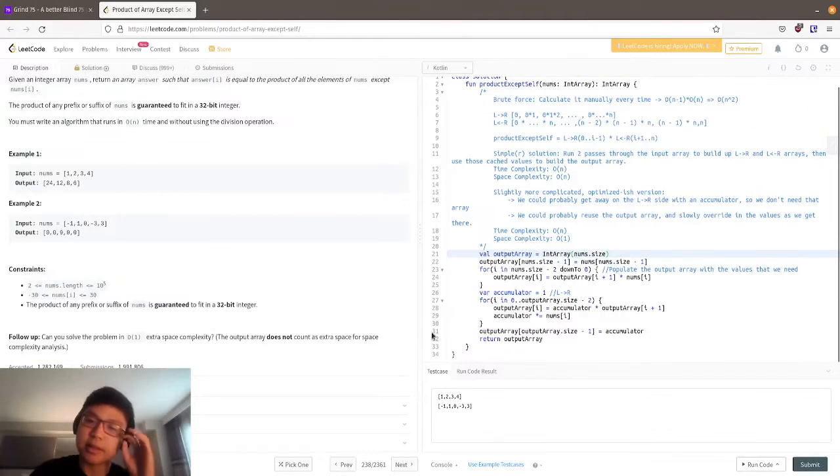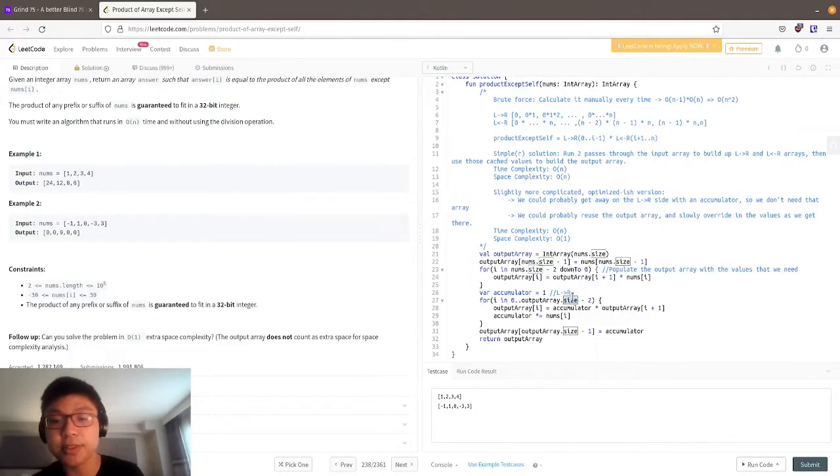Then we set the right to left, and we set the left to right. This goes to the size minus 2 though. So our accumulator, so our first value, wait, minus 2, okay, so that would be 0, okay, for 0 to 0, so it's inclusive,